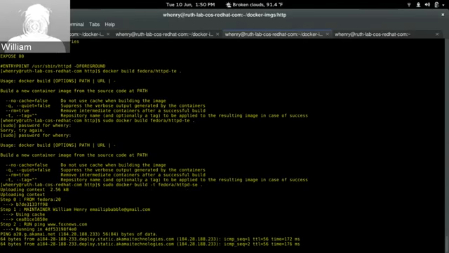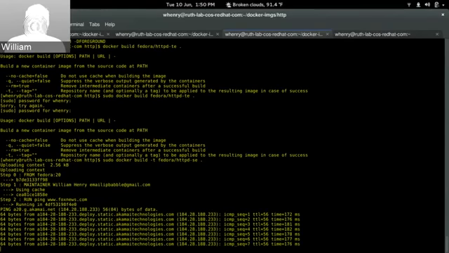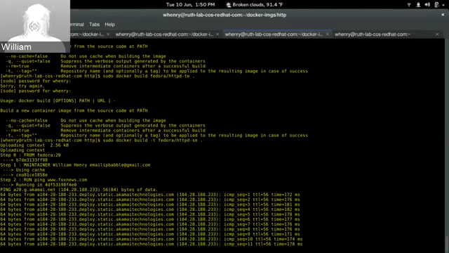What's the name of it? So it's now trying to find the image. So this is what I'm saying. There's some problem with the